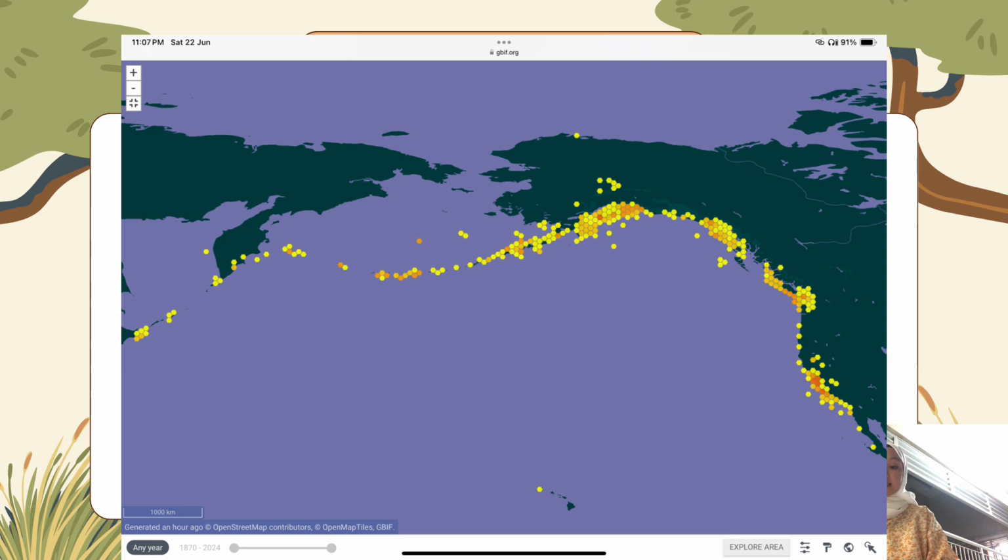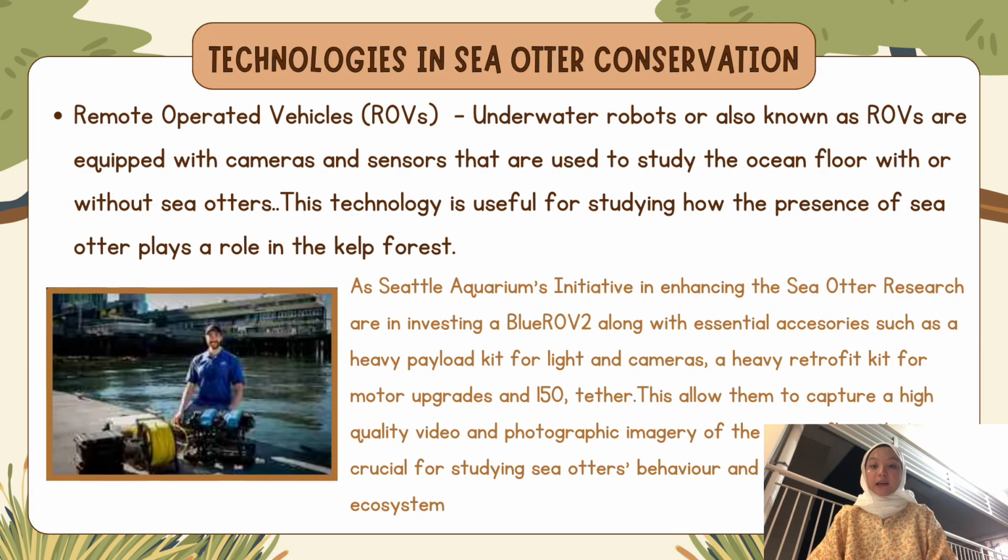So the colors indicate the IUCN Red List categories. Okay, next for the technologies in sea otter conservation, as I found, they are using remotely operated vehicles, or